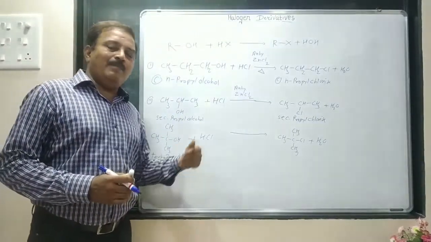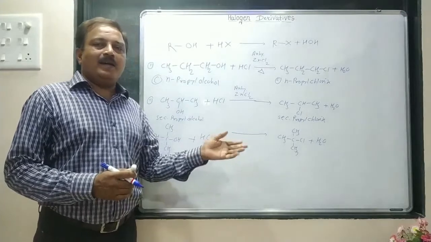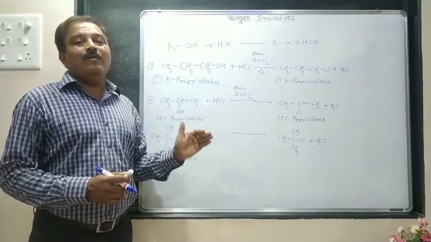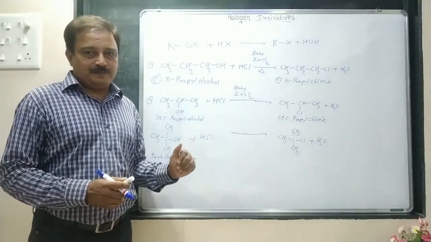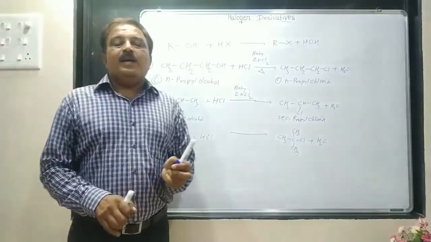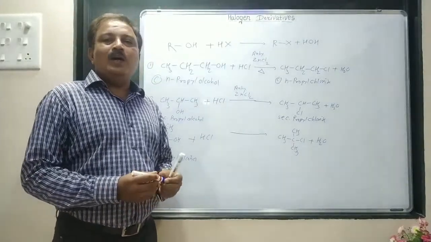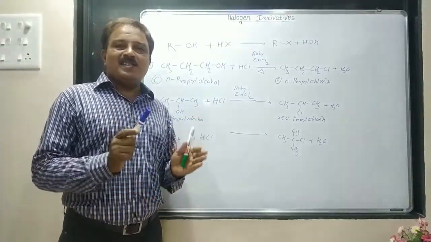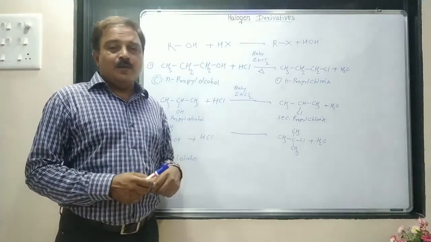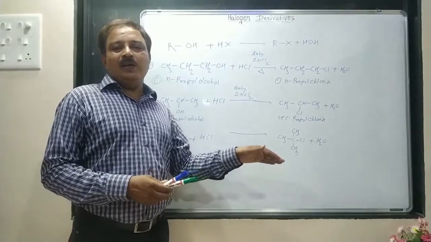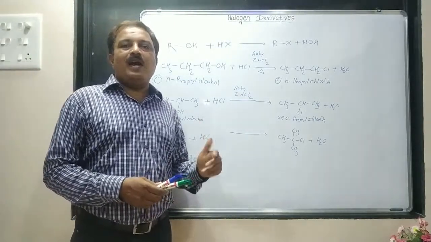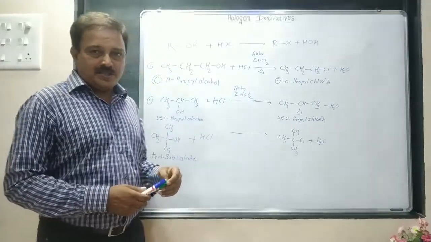To convert a primary alcohol into alkene, the condition required is 95% H2SO4 and 140 degrees Celsius temperature. To convert a secondary alcohol into alkene requires 60% H2SO4 as well as 100 degrees Celsius temperature. To convert a tertiary alcohol into the corresponding alkene requires 20% H2SO4 and 90 degrees Celsius temperature.